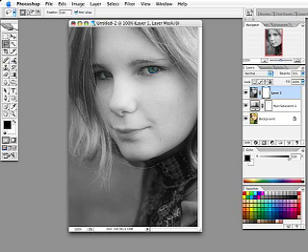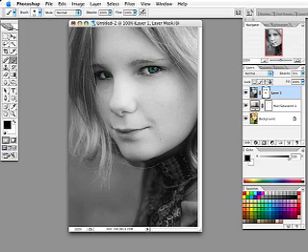And I'm going to grab my brush tool, making sure I have a soft edge brush, making sure black is my foreground color, and making sure that I have the layer mask thumbnail selected. I'm just going to brush out the blur from her eyes and her mouth, just to kind of bring back some of those distinguishing characteristics of the face. So it just kind of gives it a nice soft focus feel everywhere but the eyes, so you're really drawn